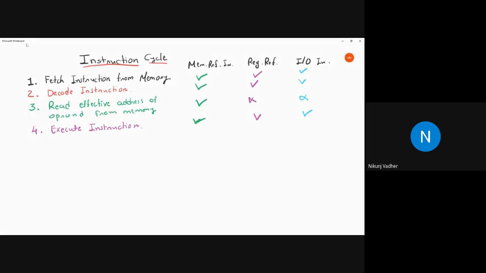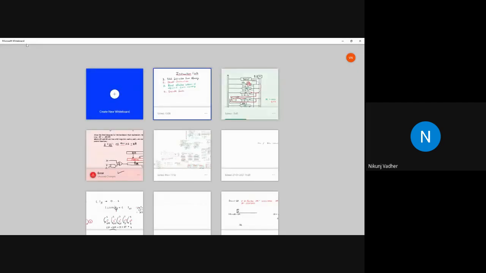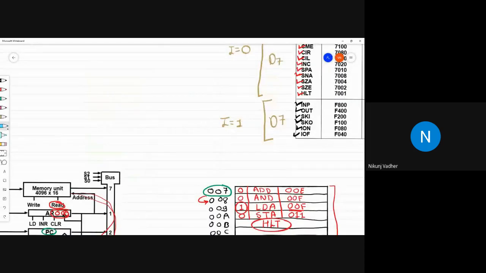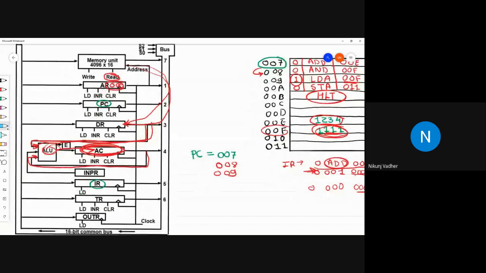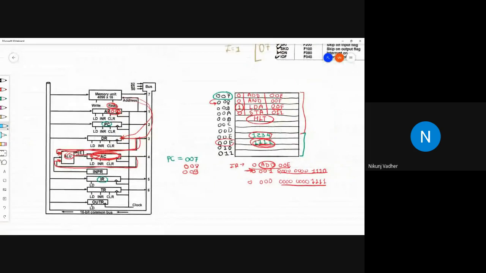Now, this is what we have discussed in last lecture. In last lecture, I told you that this is RAM. This is CPU.